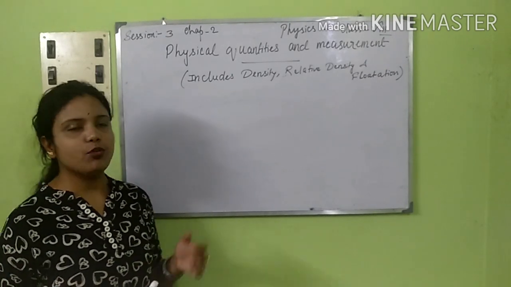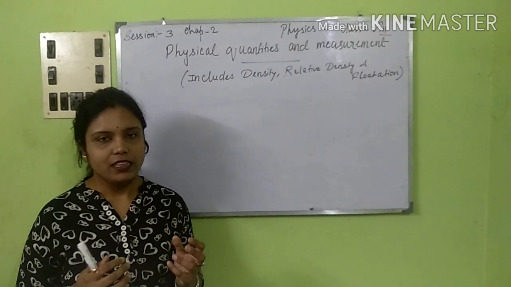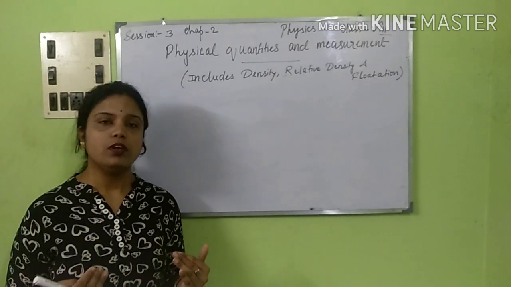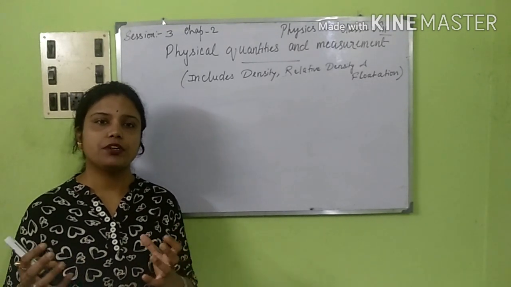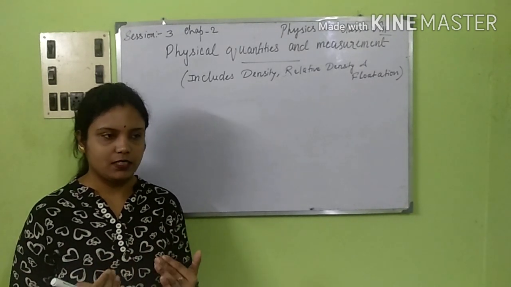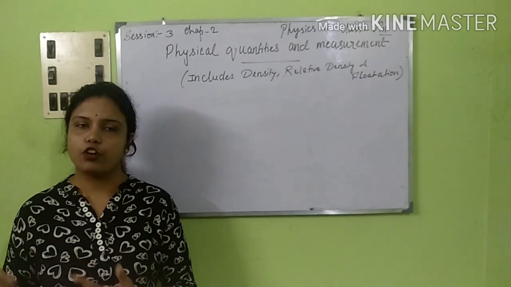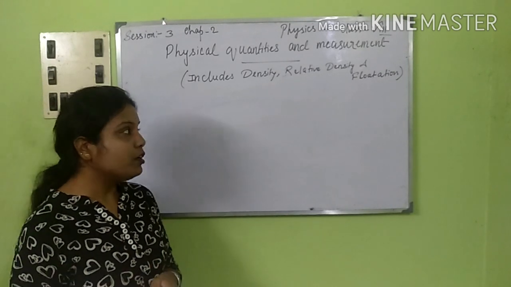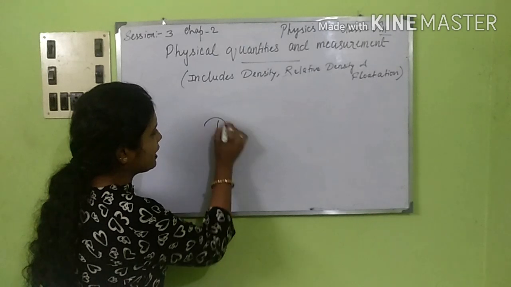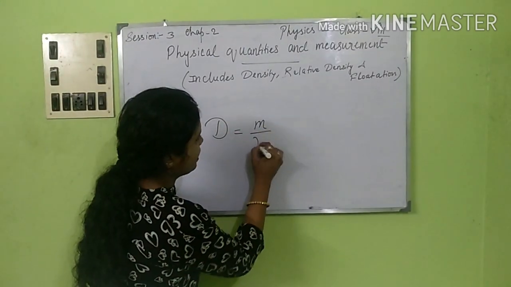Now the first thing that I'm going to discuss with you is density. What is density? I think we have heard of the two terms mass and volume, right? Now mass and volume are very much related to density. So whenever we talk about the definition of density, we say that density of a substance is mass per unit volume. Now mass per unit volume, that means if we write that as a formula, considering D to be the density, we take it as M by V.